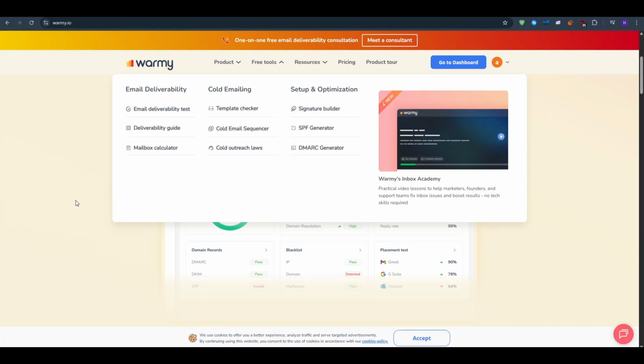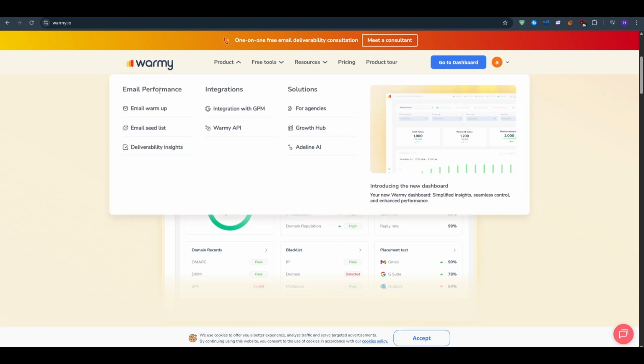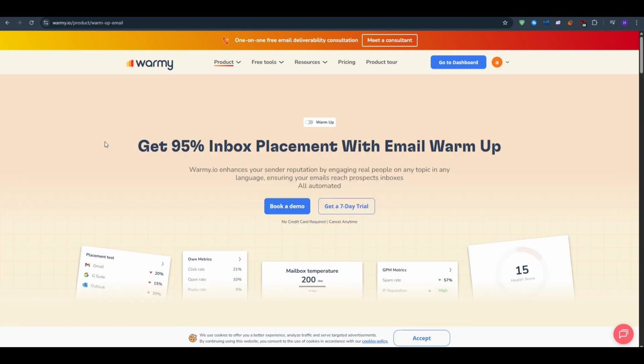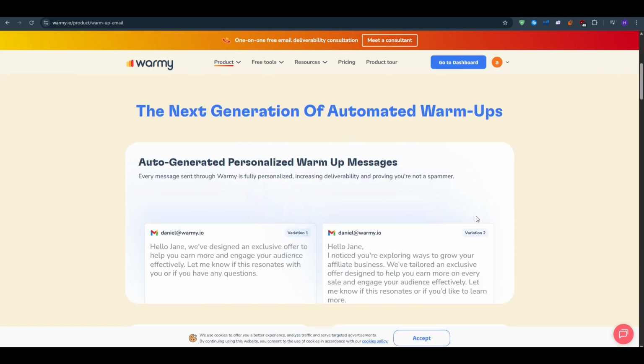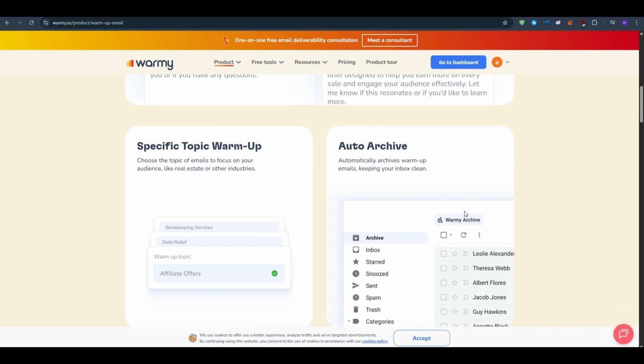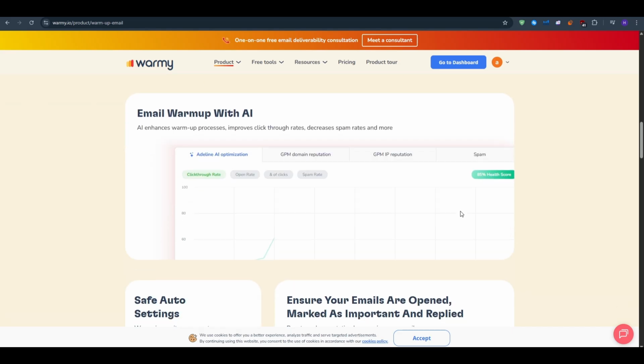So what is Wormy and why does it matter? Wormy is an email deliverability platform. Essentially, it connects to your mailbox, runs automated warm-up and engagement in the background, and then gives you visibility into where your messages are going to land: inbox, promotions, or spam. That way you can fix issues before launching real campaigns. You can think of it as conditioning for your domain and inbox, plus a set of diagnostics to keep you